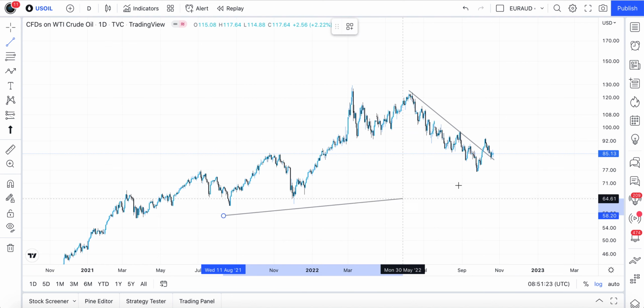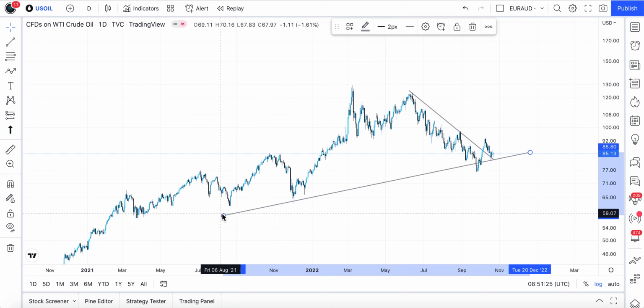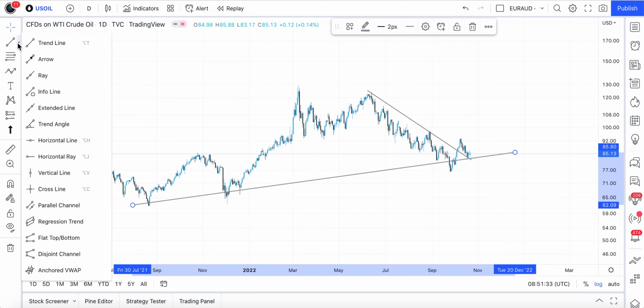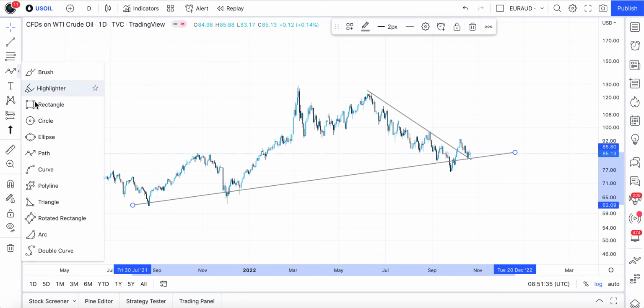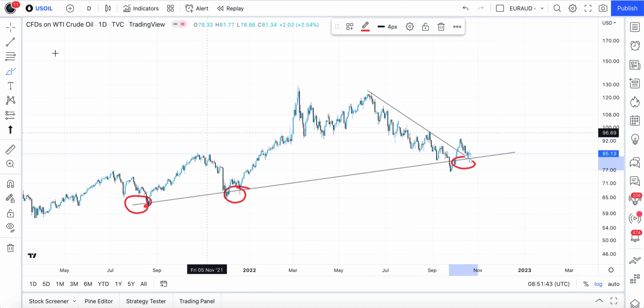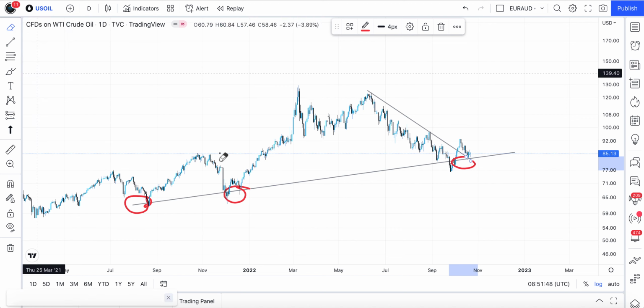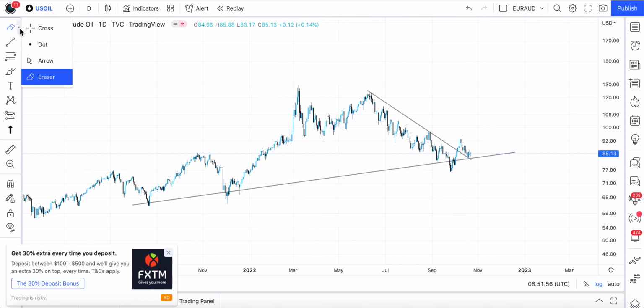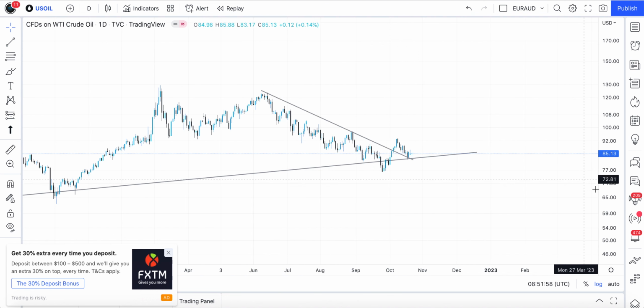Okay, let's say we have a support level at that particular area which respects this particular trend line. As you can see, we have respect of this trend line there, here and here. Apart from that, there's another thing we still need to take note of. Let me eliminate and delete. The other thing is that if we zoom closely,